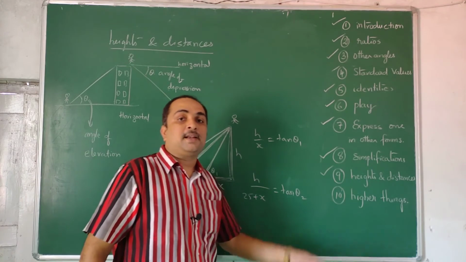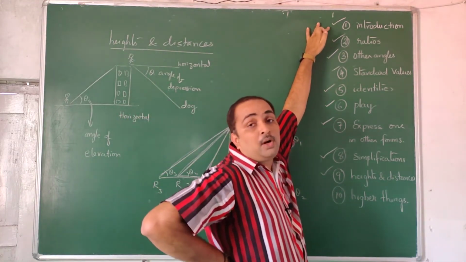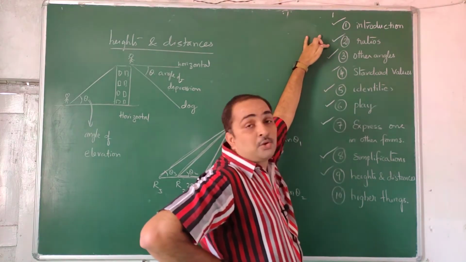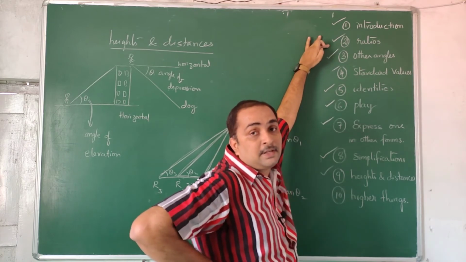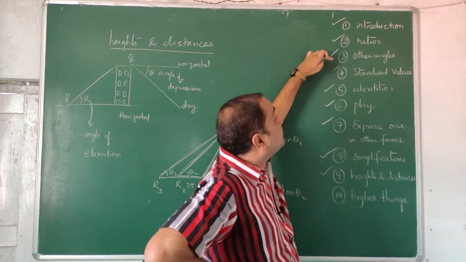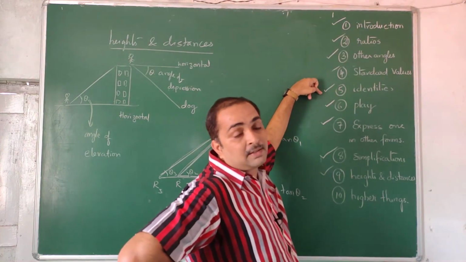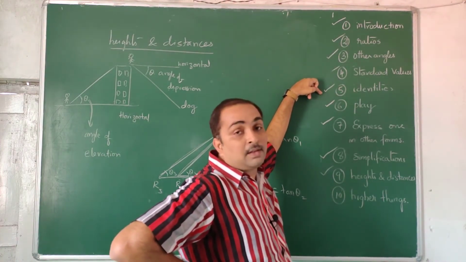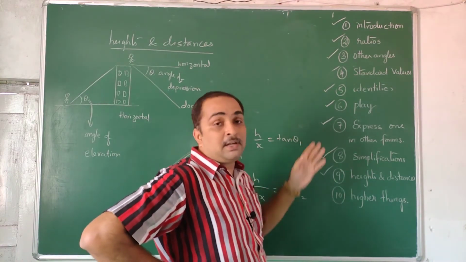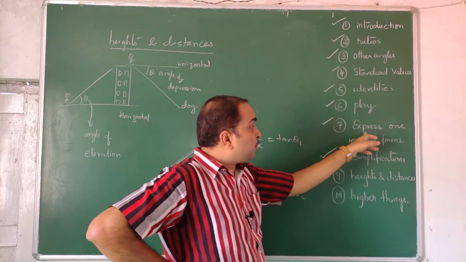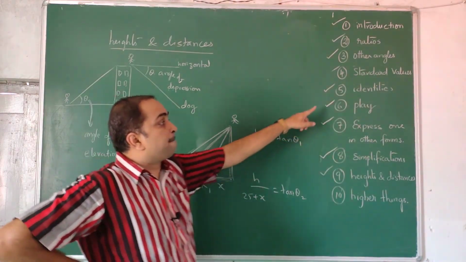Again you may be asking, sir, you are not solving the problem. I am not solving the problem because I introduced what is trigonometry. I told you what are the ratios, old Henry and his old auntie, and interrelations between them, cos 90 minus theta, tan 90 minus theta, 1 by sin theta is cosec theta, these things. Other angles I told, standard values I told, identities sin square theta plus cos square theta is equal to 1, other things. We have made a game to play. Then expressing 1 in other forms we are done. Simplifications you have to do using this expressing 1 in other forms. Heights and distances have to be done with the play.